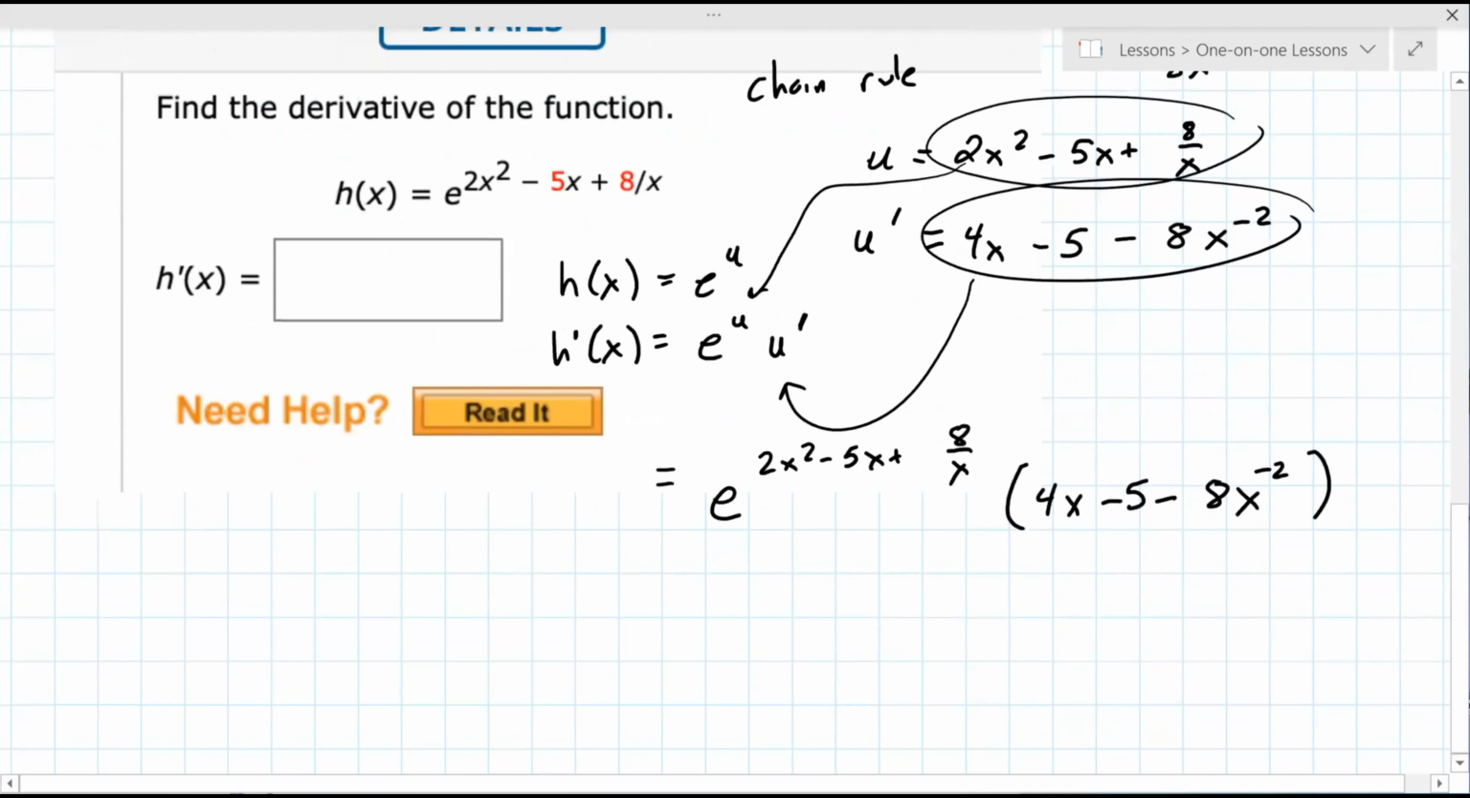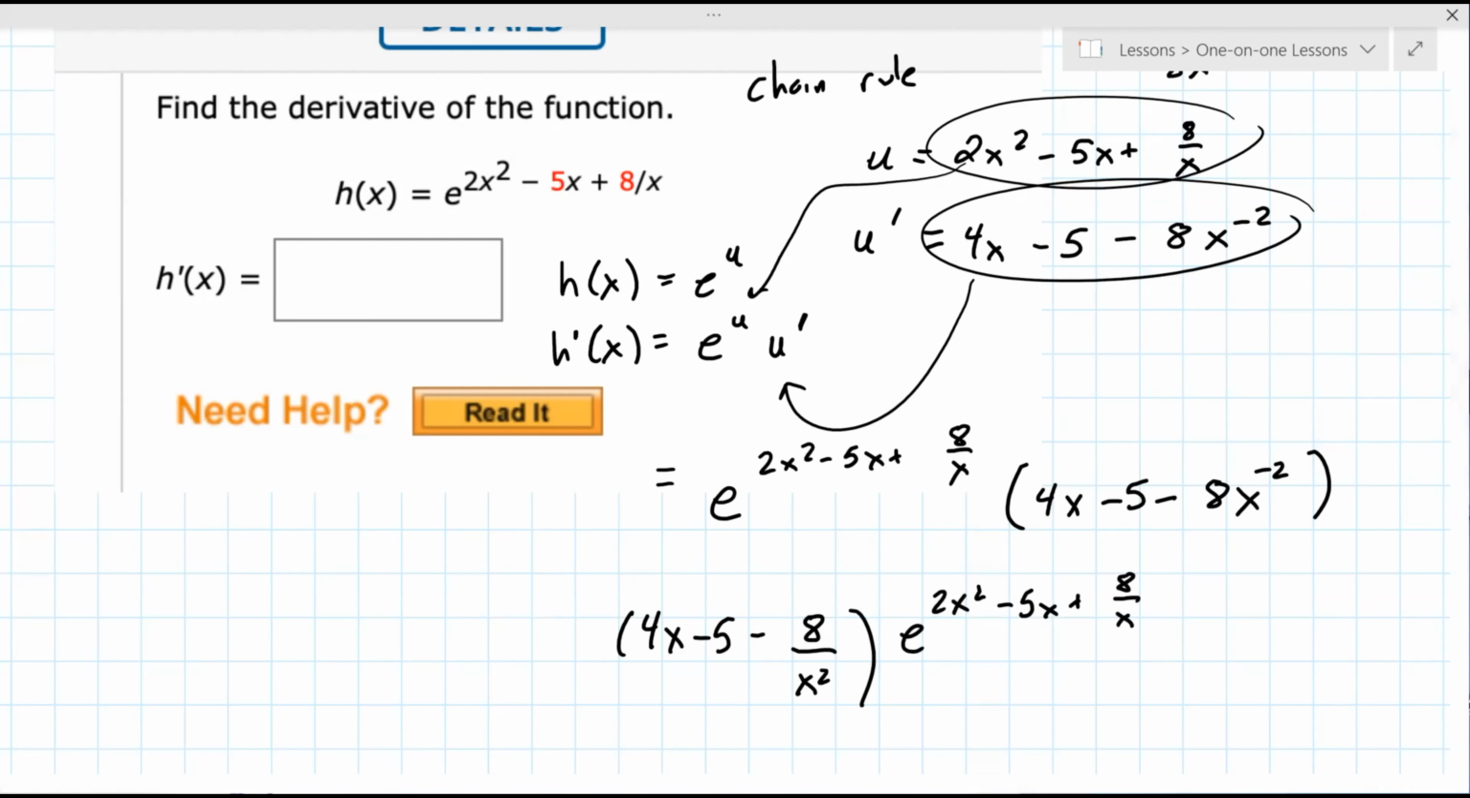Okay, if you wanted to clean this up a little bit, you could move this in front. So it would be 4x minus 5 minus 8 over x squared times e to the 2x squared minus 5x plus 8 over x. That would be totally okay. Okay. All right,